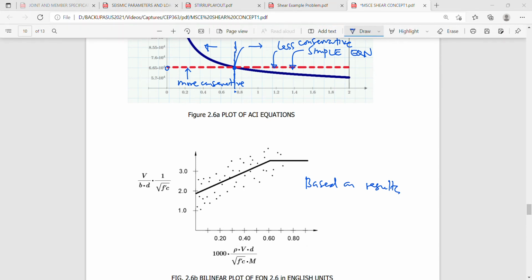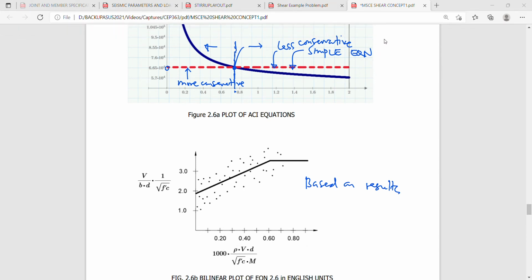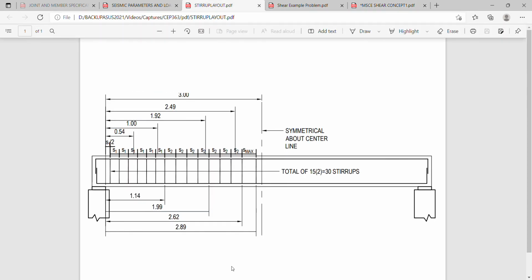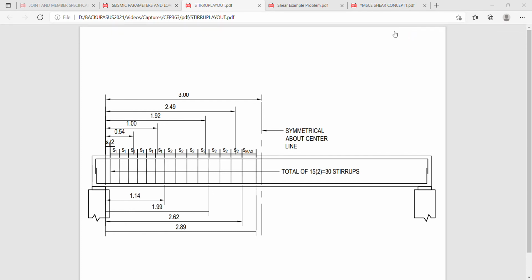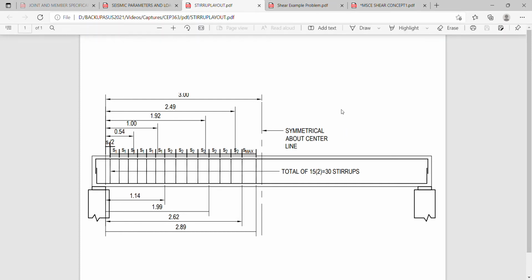Okay, so let me go now to the procedure on how to detail your stirrups. That's another thing we have to bear in mind, how to detail your stirrup or lay out your stirrup. Let me share to you a sample plot of the stirrup layout here. Okay, so can you see